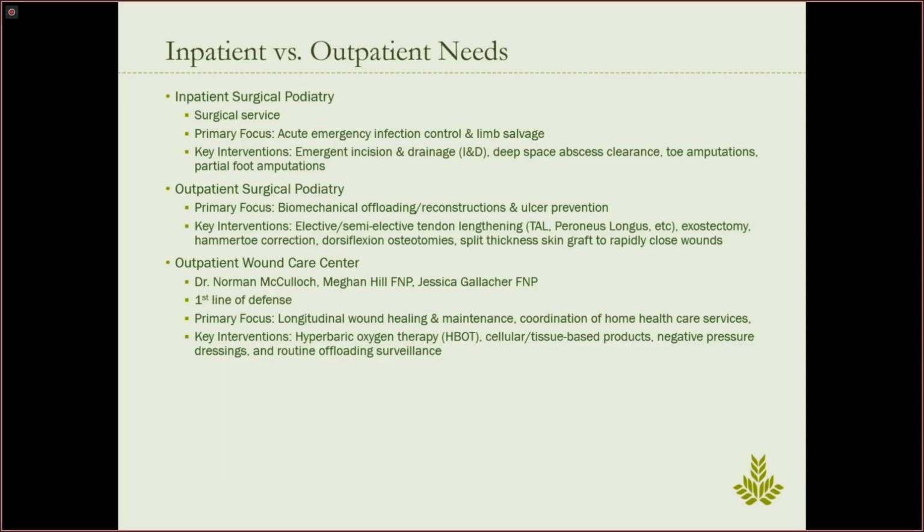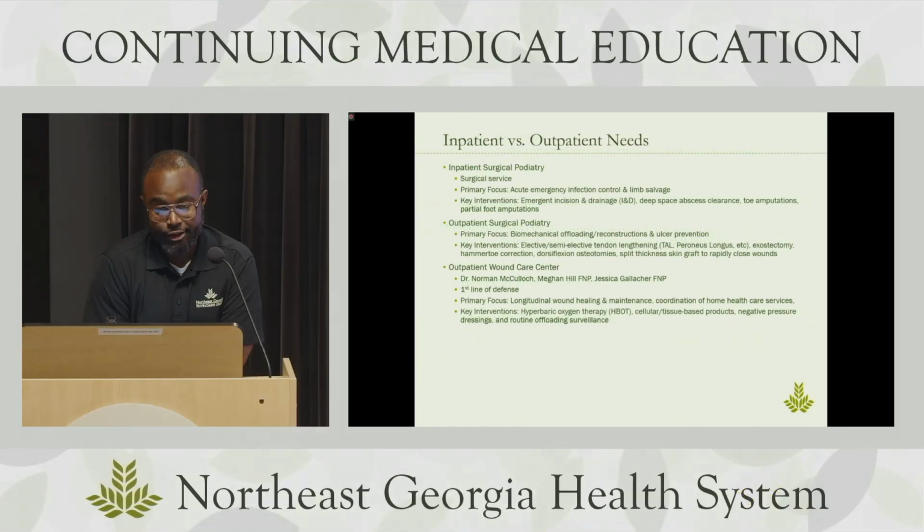Our outpatient wound care center is our first line of defense. That's what they're specialized in. That's the cool part about being here and practicing in a system like ours, is that we have everything that we need for limb salvage. We just have to put it all together and make sure we execute it the right way. We have a wound care center, we have infectious disease, we have podiatry, and we have a great vascular surgery team. We also have endocrinology as well. So with all that, we have everything that we need to have a successful program and to be a really good bright spot.